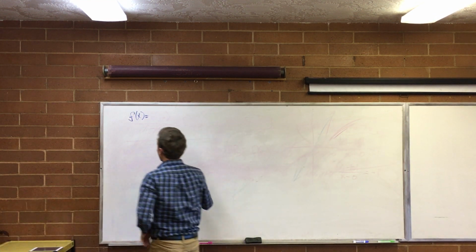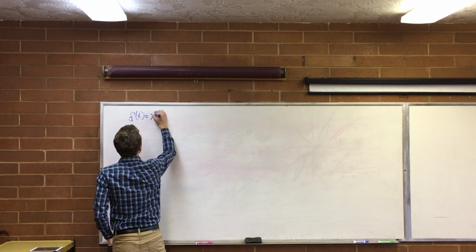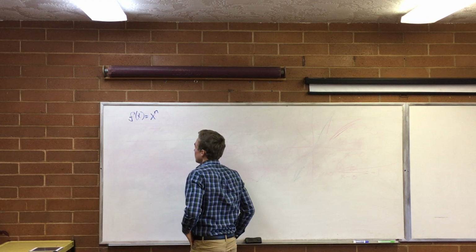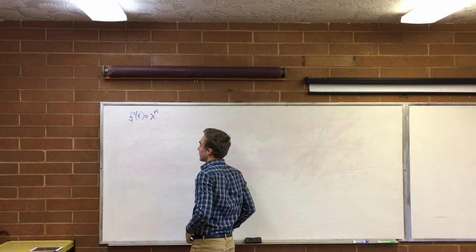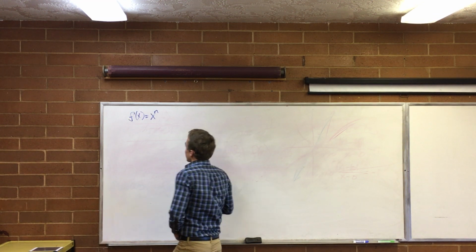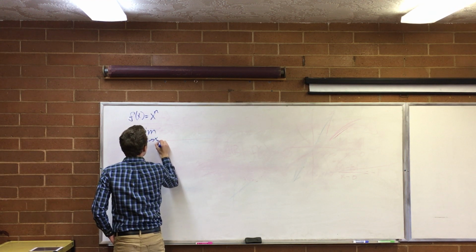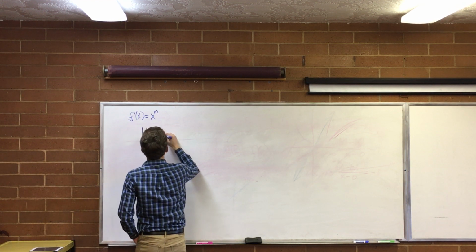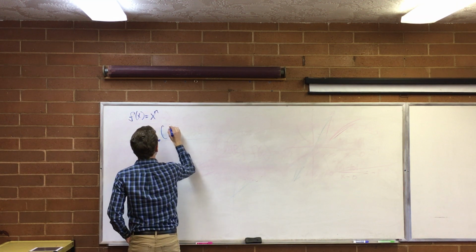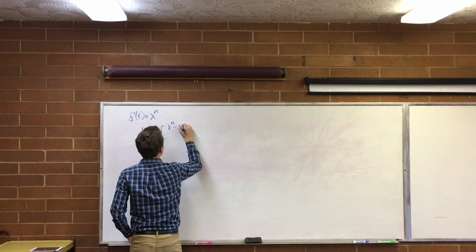Alright, so f of x equals x to the n is what we're calculating the derivative of. So let's start calculating the derivative. Let's take the limit as x approaches x naught of x to the n minus x naught to the n